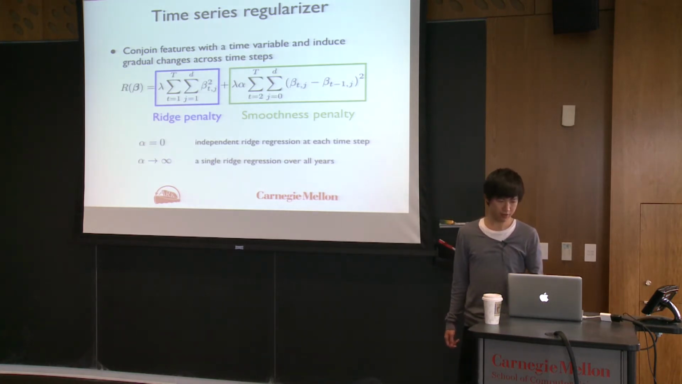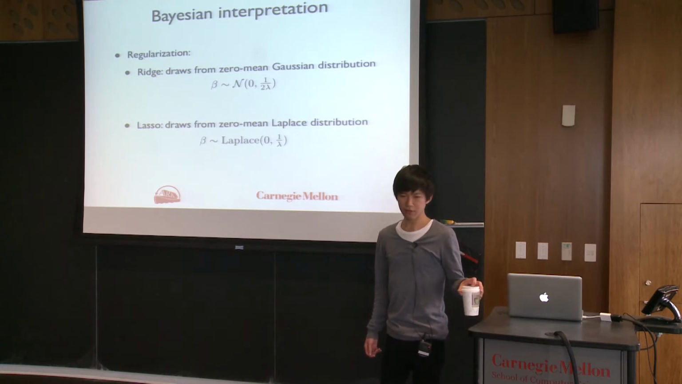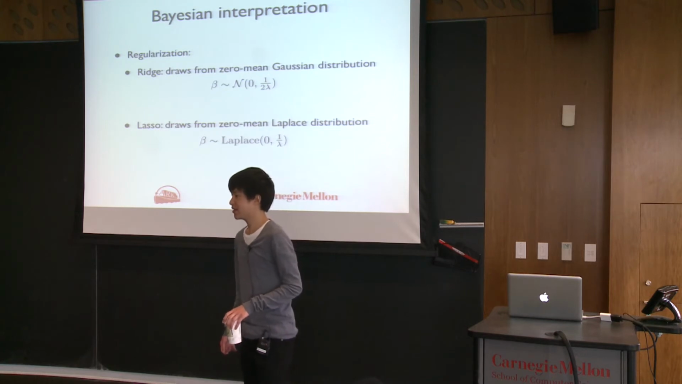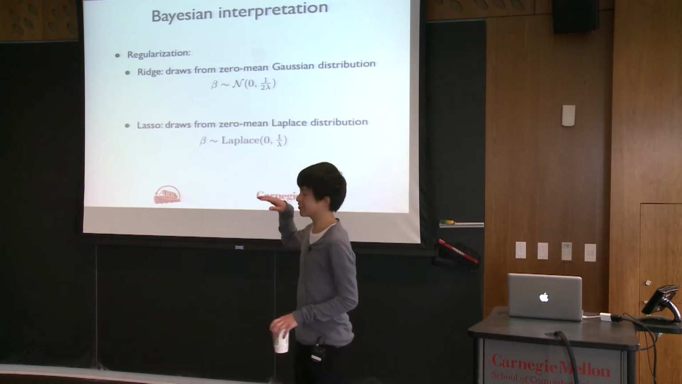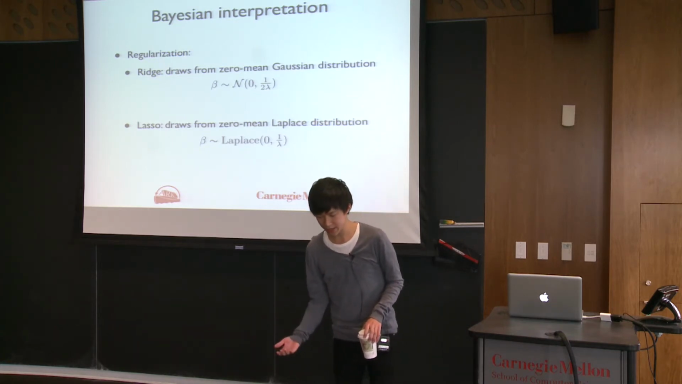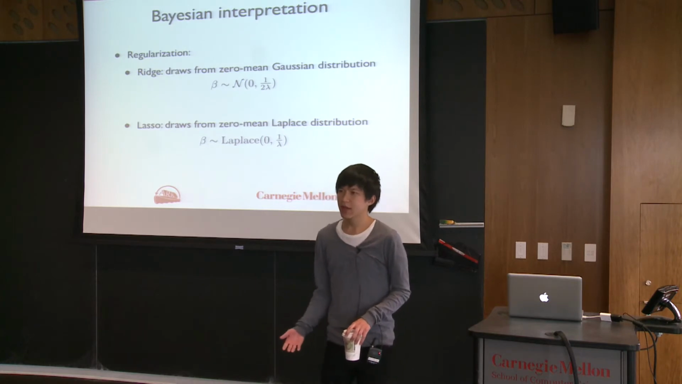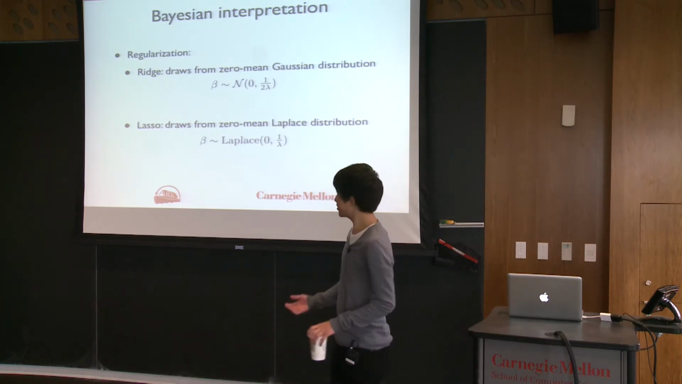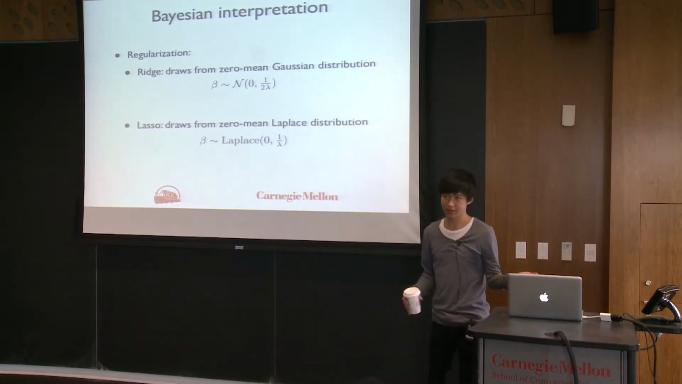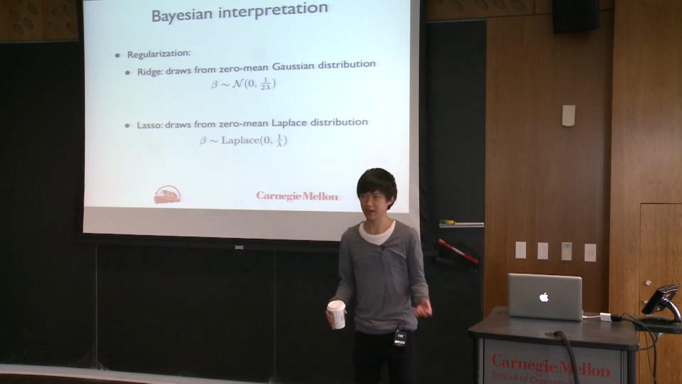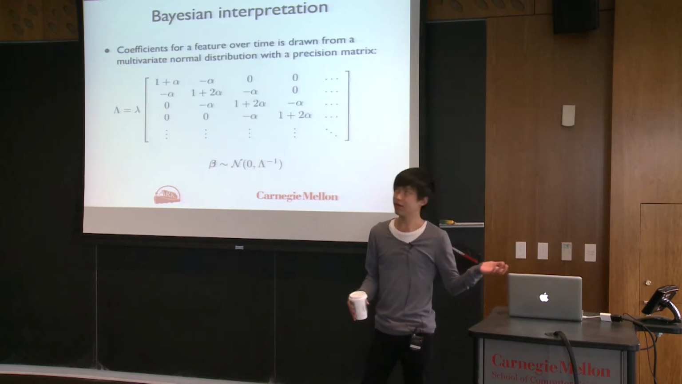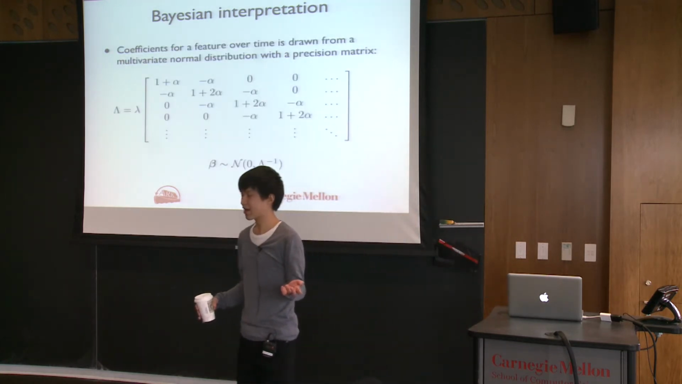Okay, so most regularization functions come with a probabilistic interpretation. For example, these are a few common ones. In ridge regression, we know that we can assume that the feature weights that we get are draws from a 0 mean normal distribution with variance parameterized by lambda. And for lasso regression, you can assume that they are generated from a double exponential distribution or Laplace distribution. Okay, so our time series regularizer also has